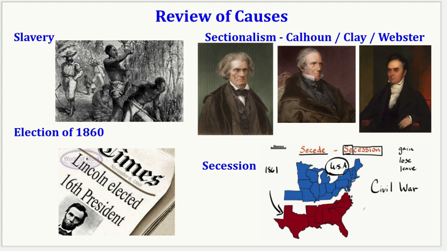One of the final straws, of course, was the election of 1860. This was the election when Lincoln became president. And you may remember that he did so without winning a single state in the South. So the southern states were worried about this, not only because it indicated their lack of political power, but because Lincoln was known to dislike slavery. And though he hadn't said he was going to abolish it throughout the nation, there was certainly a worry that